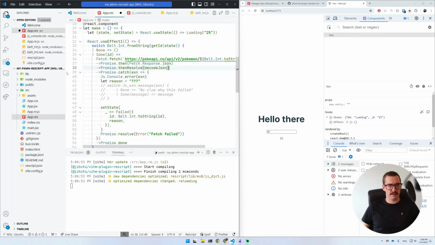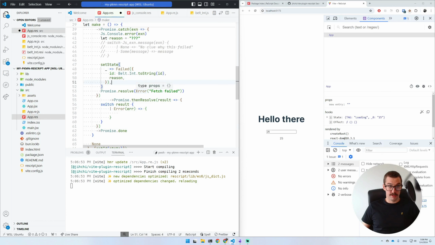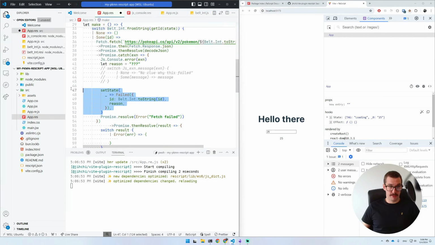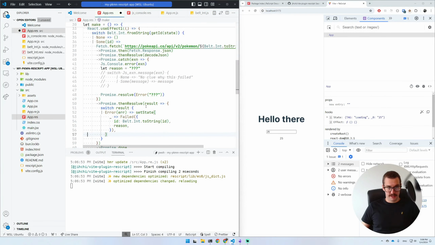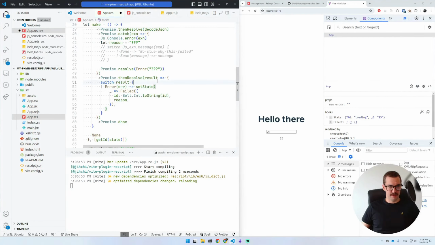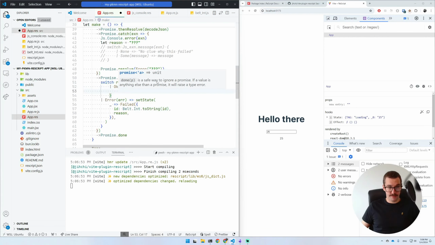Yeah, that makes sense. Let's go that way. So move that here. We'll resolve this as an error, but we're not going to do a set state call of that. We're just going to say that the error is three question marks because we can't really figure out how to catch that. And then if it is an error, let's just call the set state over here, sort of the final station. But if it's okay, it has the Pokemon name, then we're going to set the state, again,